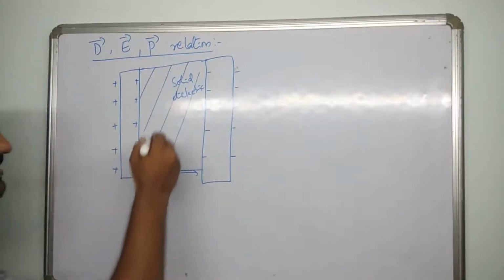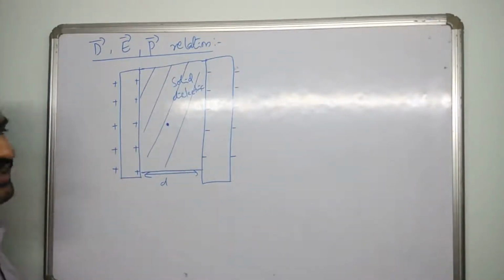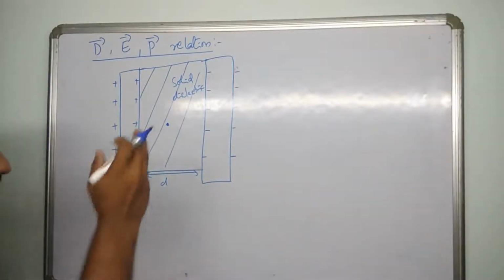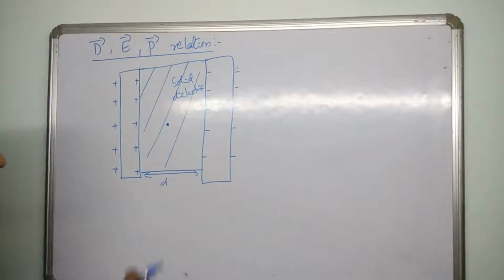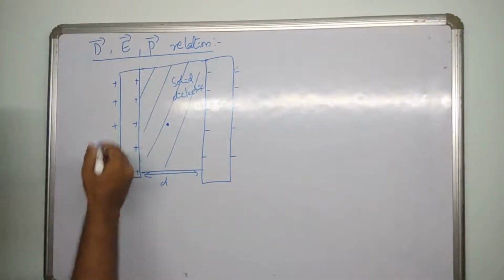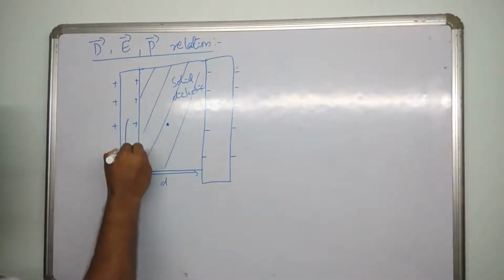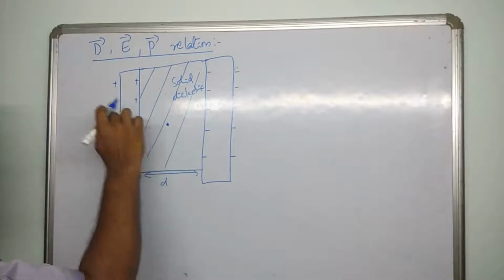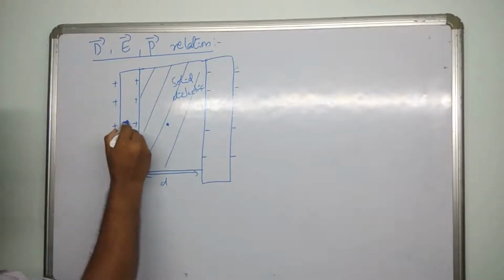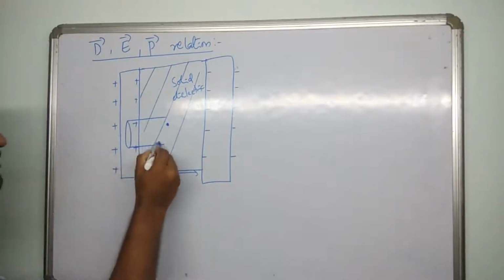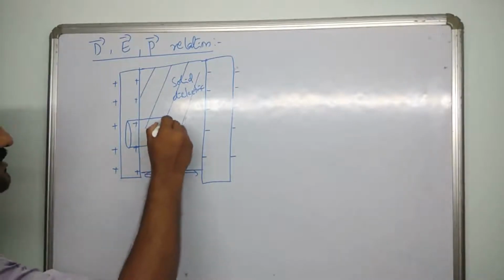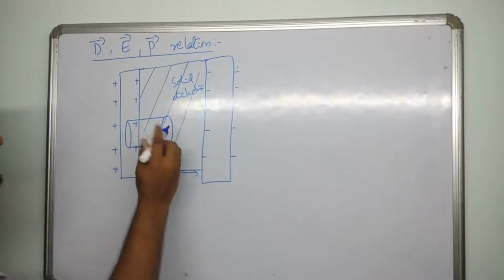Now, with this dielectric, we are interested in calculating the electric field at one particular point. Just like whatever we did with the vacuum capacitor, we are going to do the same thing here. So once again, we consider the same Gaussian surface, a thin pill, a small pillbox, and we are going to consider some kind of a thin cylinder. Of course, you may call the point here.